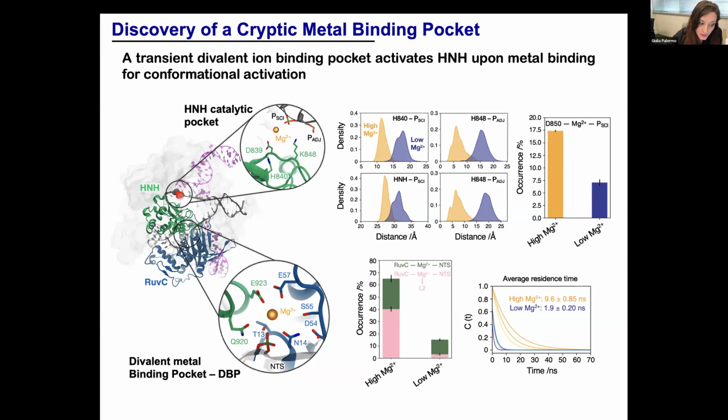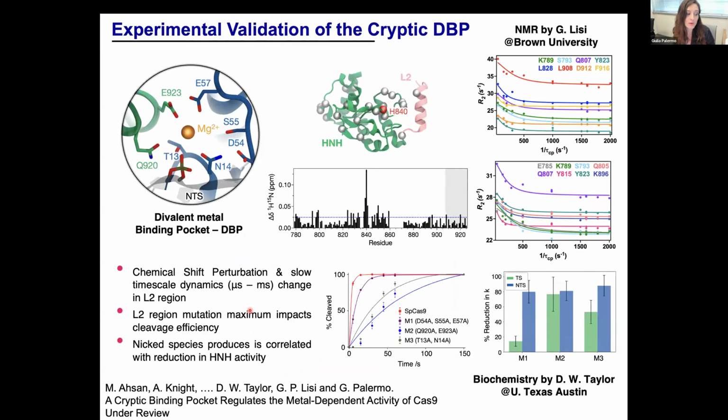And this happens because magnesium locates into this pocket that transiently forms at high magnesium concentrations. This is something that was further confirmed by the work of George Lisi and David Taylor. In particular, as was beautifully introduced in the first presentation today by Greg Bowman, these